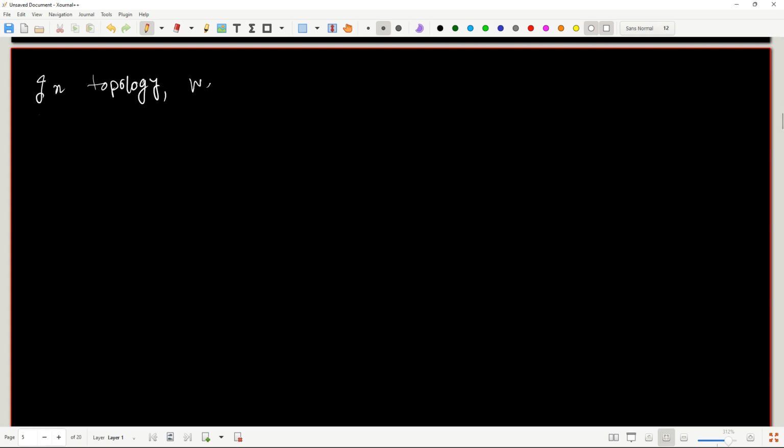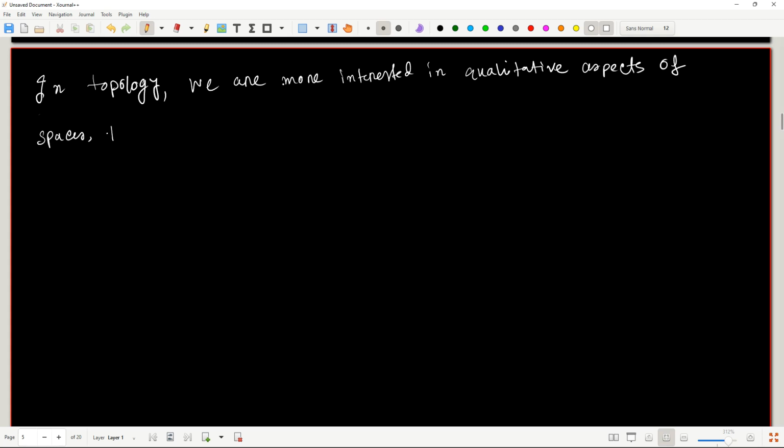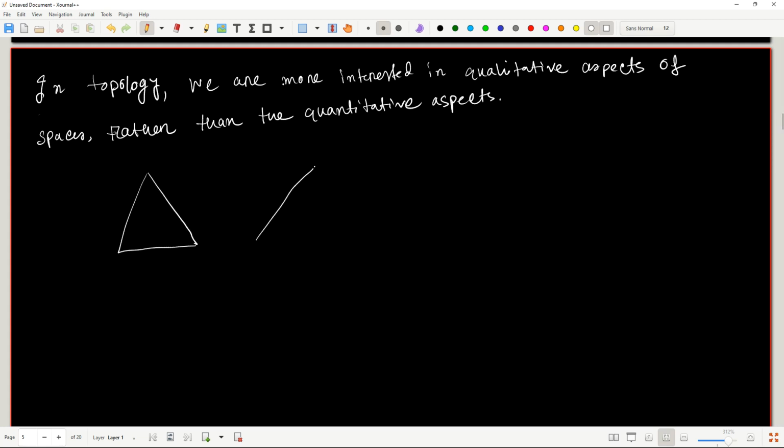So in topology, we are more interested in qualitative aspects of spaces rather than the quantitative aspects. By this statement, we mean that, let's say I have a triangle like this, and I have another triangle,